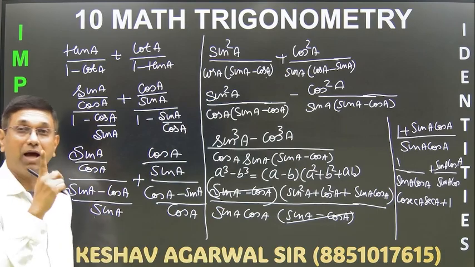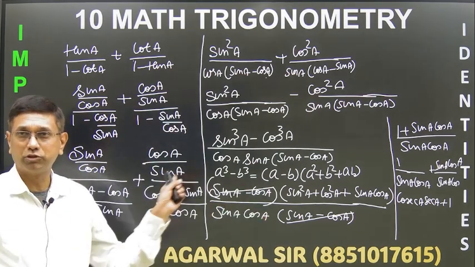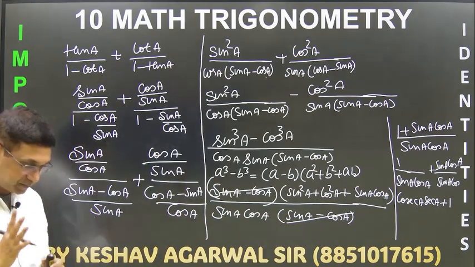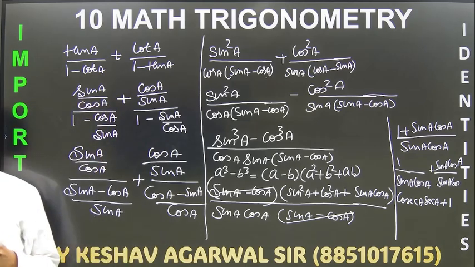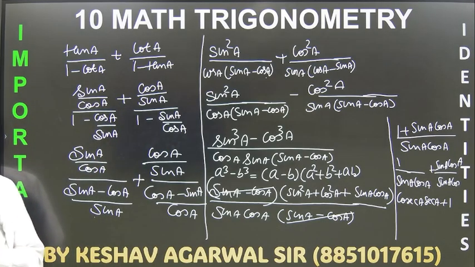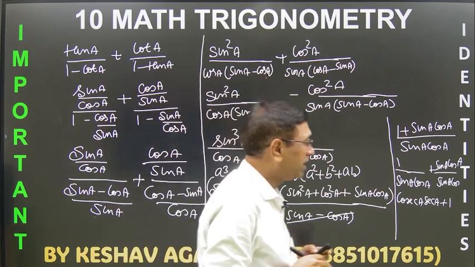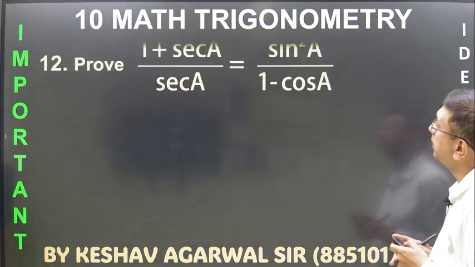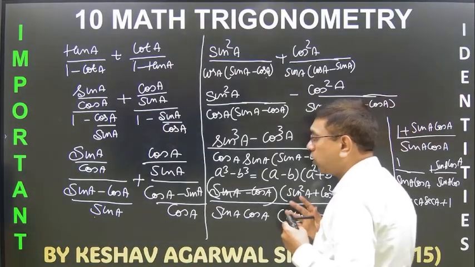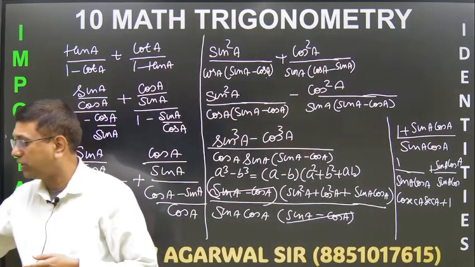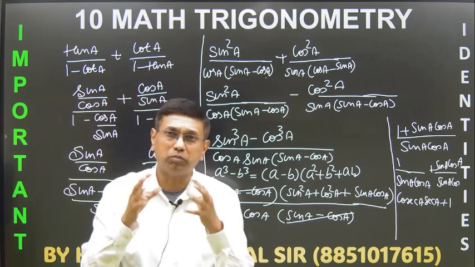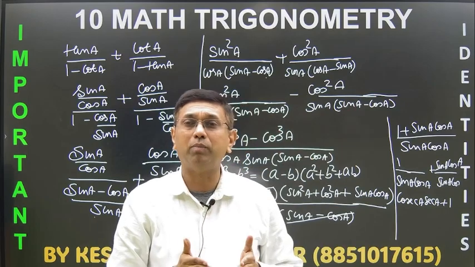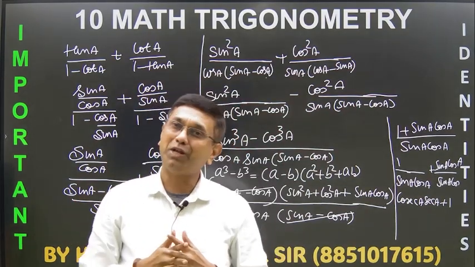But keep in mind RHS. If RHS is 1 plus this, use this method. But if RHS is tan and cot, then use the previous method. Right? So these were few questions which I took up today. And let me see if any VIP question is left, because then one more category is left where you have to simplify both LHS and RHS. So we have completed the part 2. Now in third part of identities, I'll take up those questions in which we have to take up LHS and solve it till one place, and RHS and solve it till one place.